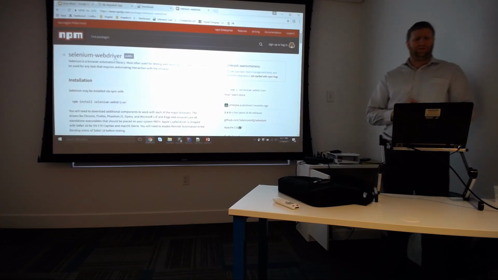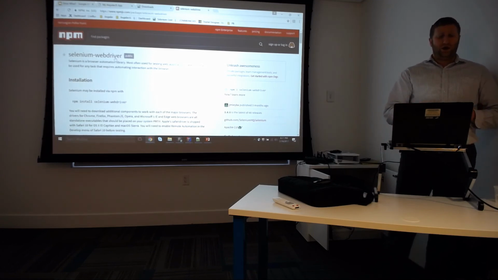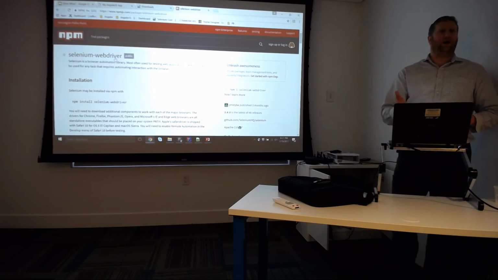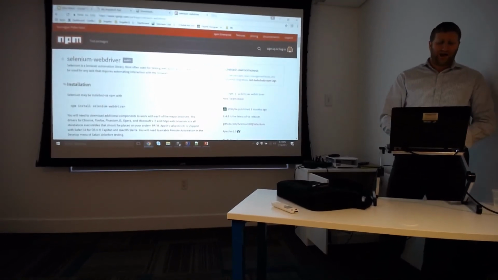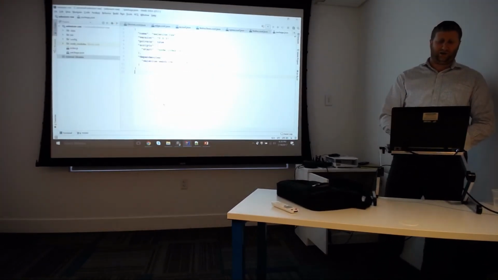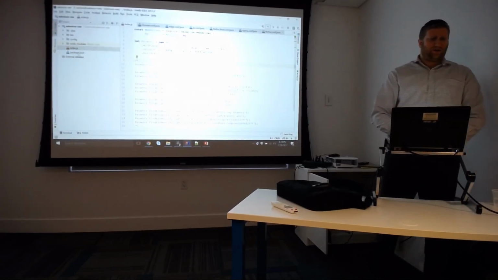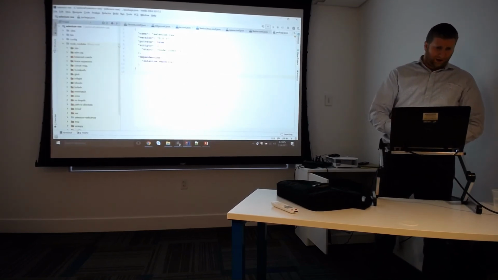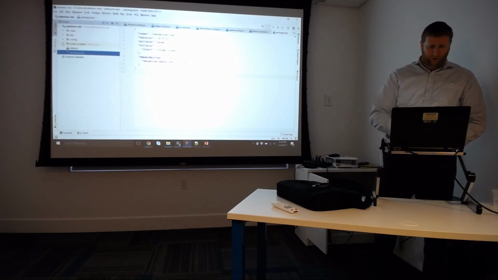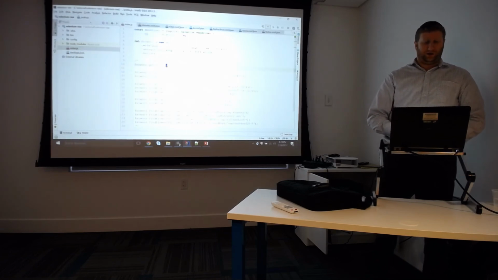Okay, so it's pretty much just as simple as that. Install Selenium WebDriver, which brings in a package from Selenium that allows you to create scripts that will talk to your Selenium server and automate the browser. So without further ado, let me actually show you the code. You might be more interested in that than in all the things I'm saying. So the single dependency here, believe it or not, is Selenium WebDriver. It's Node, what are you going to do? So you have just this one dependency, Selenium WebDriver, and what you do is you create,